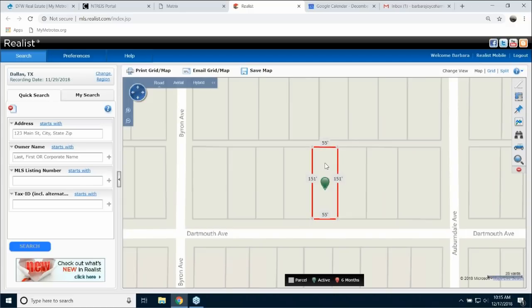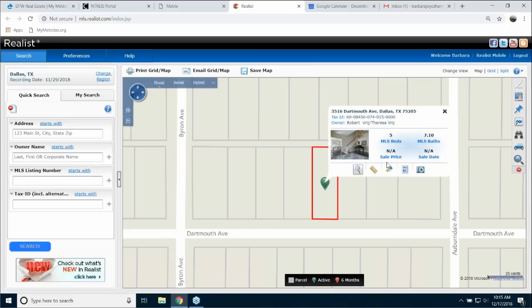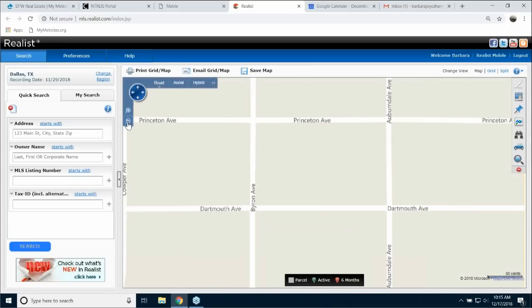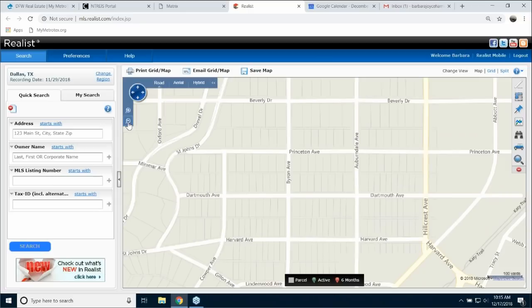I'll click on the lot again, and it brings me the magnifying glass. I can zoom in, and I can see who owns it. So I'm going to zoom out. So once again, in Realist Tax, you have a couple of really cool things that you didn't know you had. You've got the trends that you can get, and you've got the balloons that will tell you what's active, what's